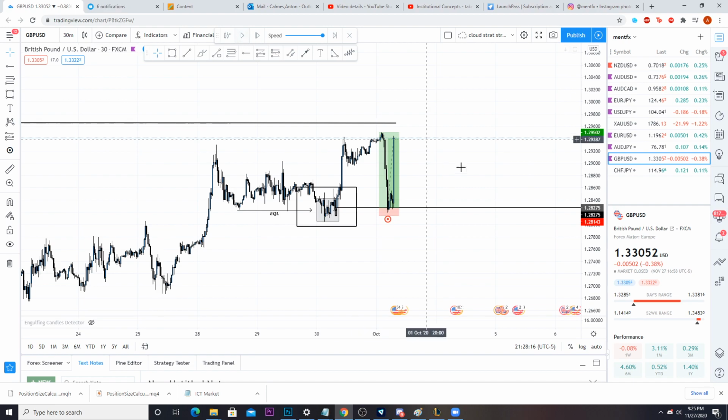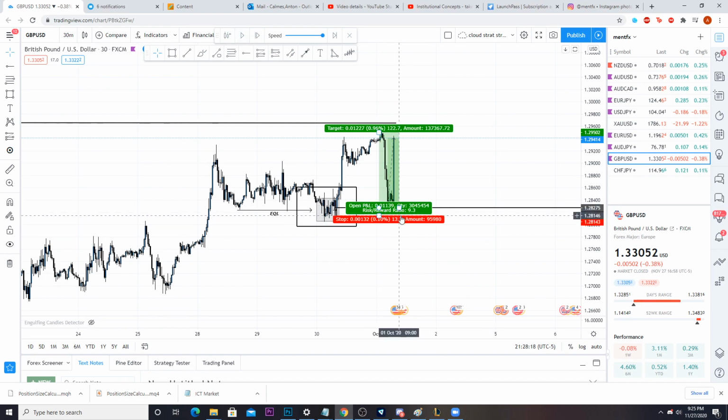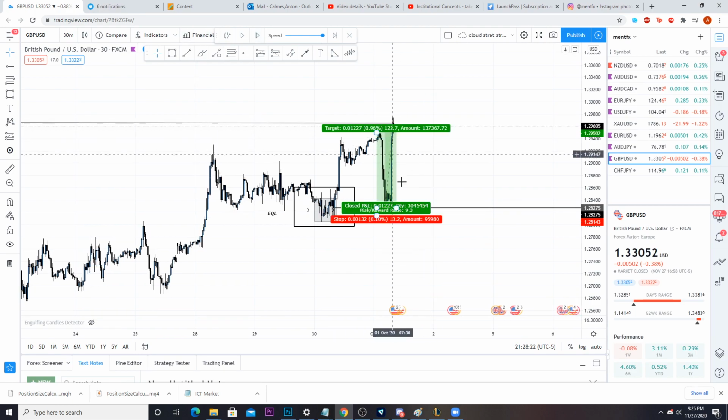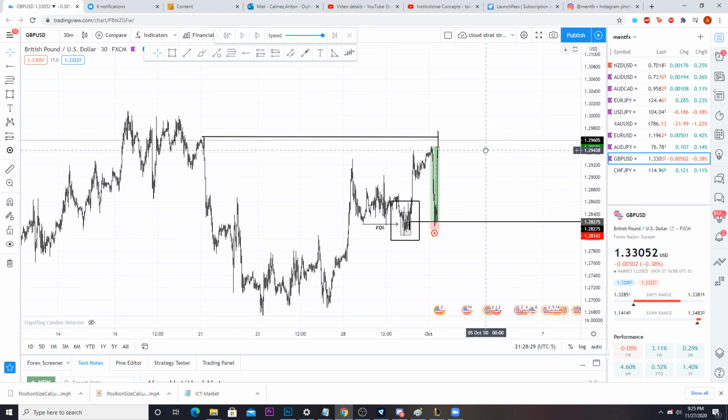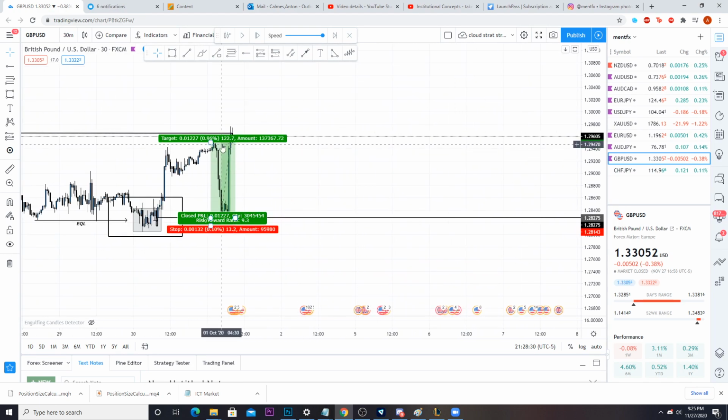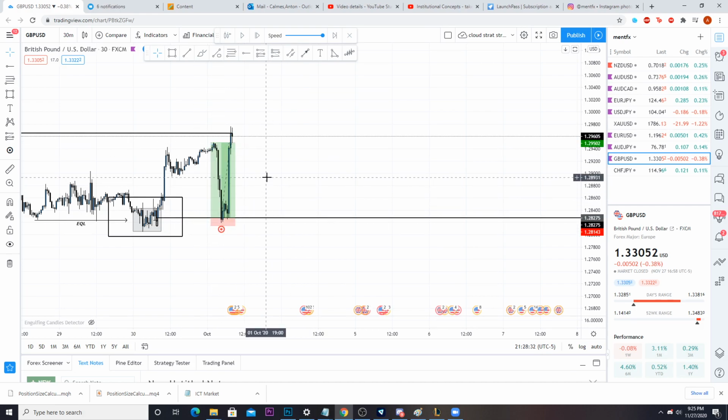We do get that move down. And yeah, as you can see, price held relatively perfectly, took off, and gave you that 1 to 9 literally instantly after entering that area, giving you that simple 1 to 9. And then again, you can take off 50% and then trail it, right?